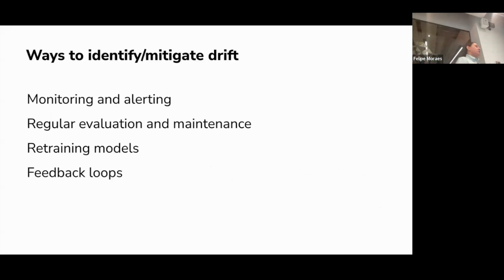And what you can do, so first of all, you can set up monitoring for your features, for your predictions, and measure the difference in distribution. And if this difference is too big, you can get some alerting. You can regularly retrain your model. You can do some regular evaluation, like, okay, is it still true? Or you can introduce feedback loops and try to adjust the prediction of your model dynamically.